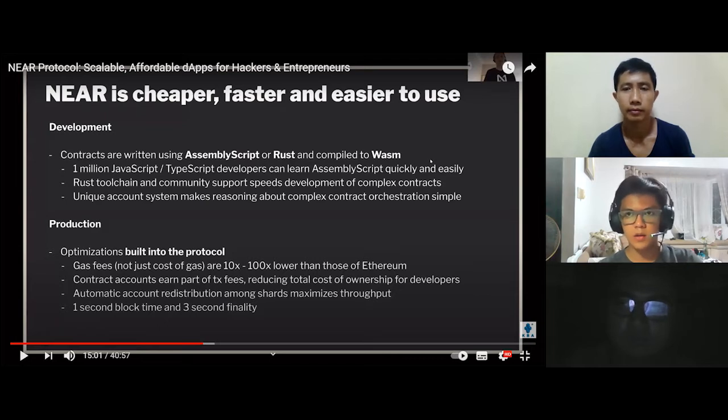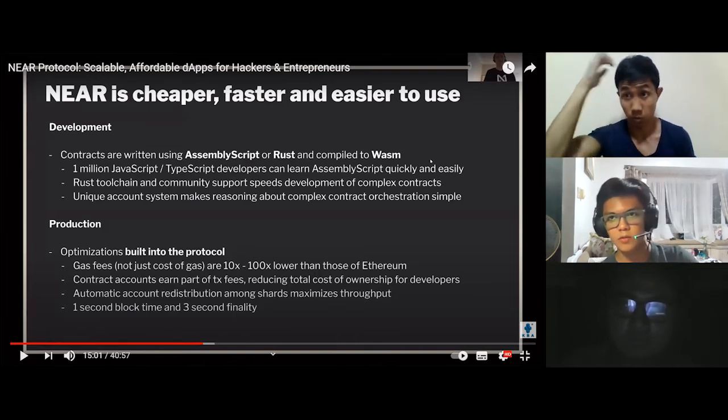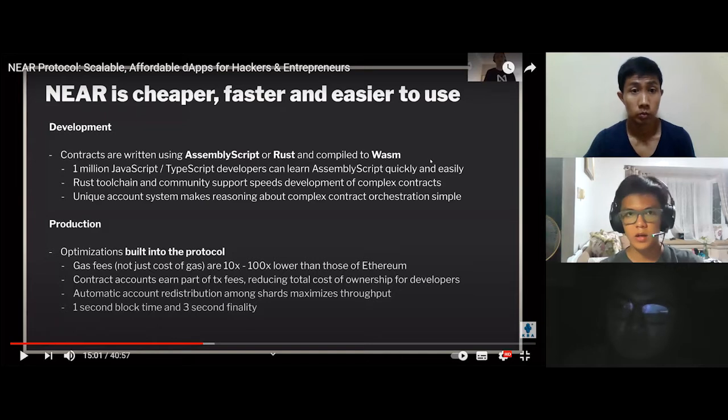Whereas with NEAR, the languages it uses are pretty familiar: AssemblyScript and Rust. AssemblyScript is very similar to one of the most widely used coding languages on the planet, which is JavaScript. A million developers use JavaScript, and so onboarding and the process of learning and building your dApps is very fast, faster than most, because the coding language is easier to use.